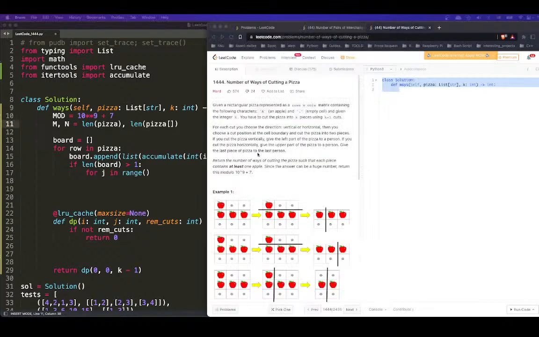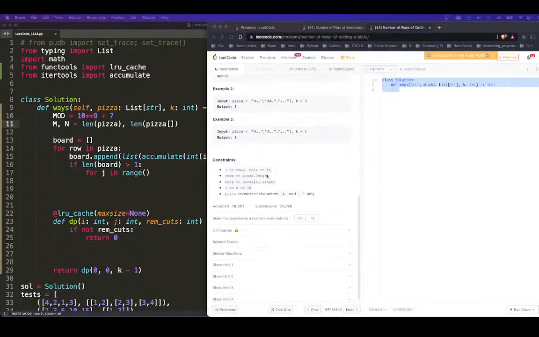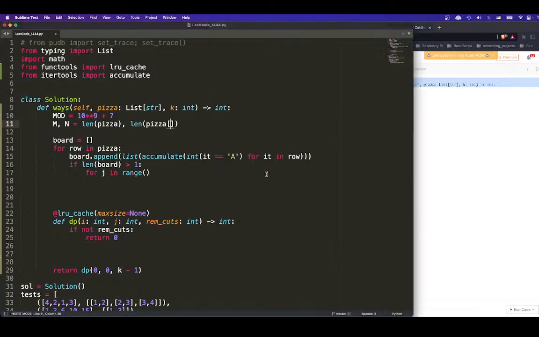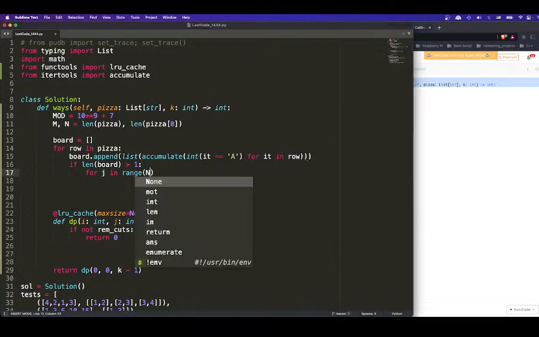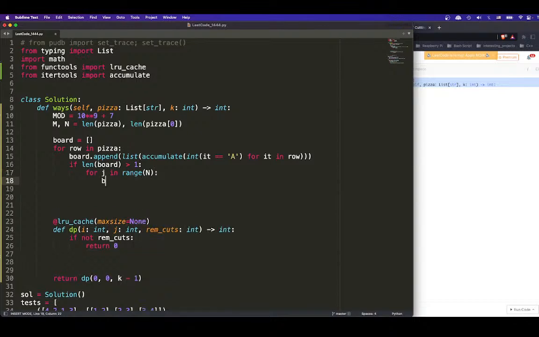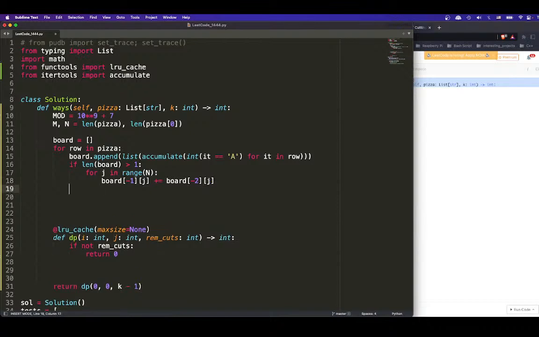We always have pizza 0, right? Okay, right. So for j should be range n. Say board minus 1, so new things we just do j plus equal to board minus 2 j, right? So we'll do this. Once we're done, we have the board. And board basically is our